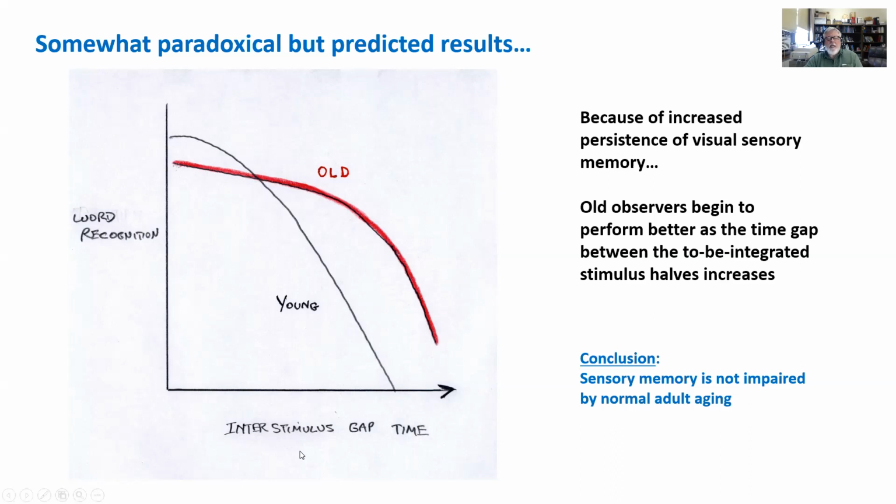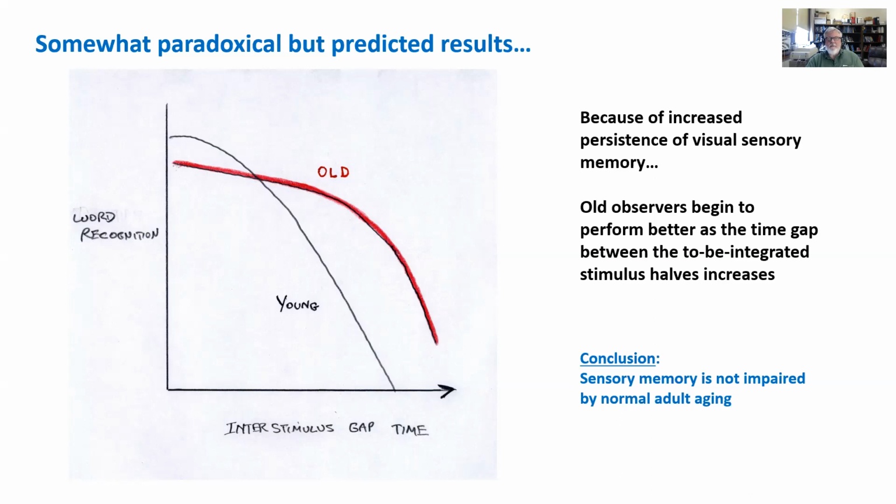What we're looking at on the x-axis is the gap of time between the offset of the first stimulus half and the onset of the second stimulus half. When that time is very brief, within the duration of visual sensory memory, young people can integrate it and very accurately report the three-letter word. But very quickly, as that gap becomes longer and longer, what do we see? We see that the young people's recognition performance begins to break down very rapidly because they can no longer integrate the two stimulus halves, because the representation of the first half in sensory memory has faded away before the second